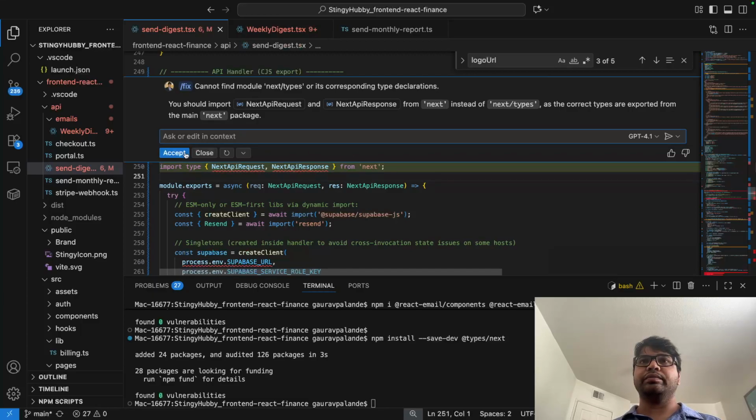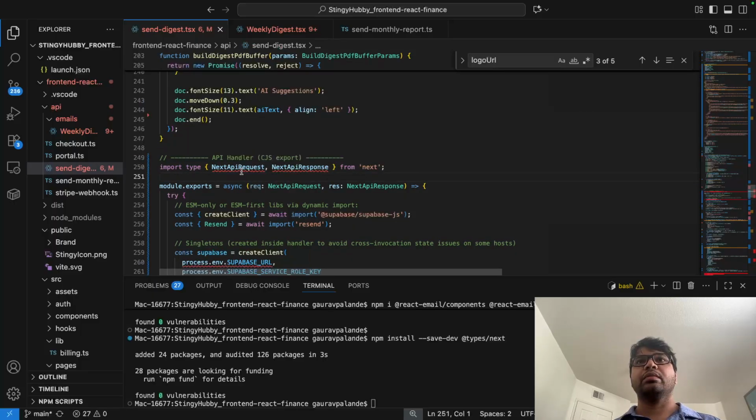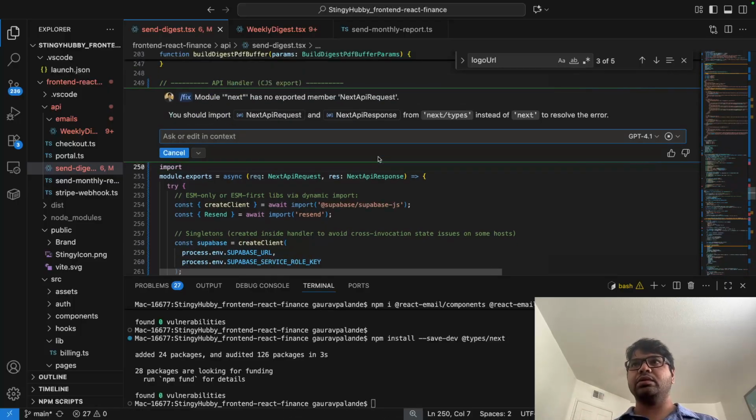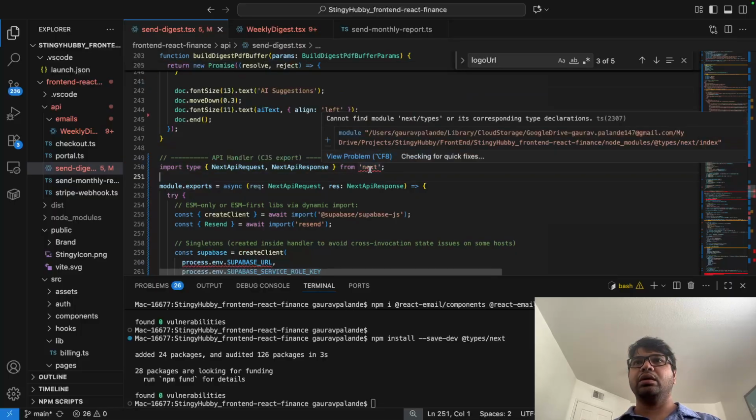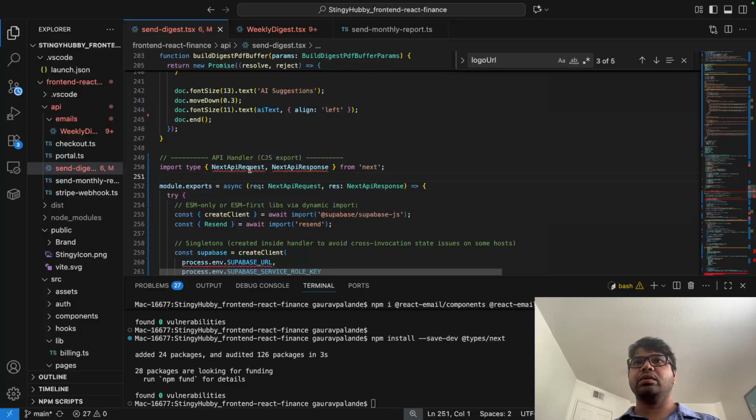So this is changing it to next.types. And when we come back to next types,